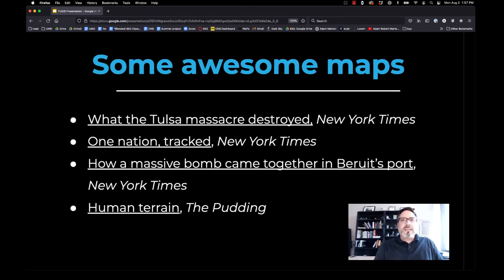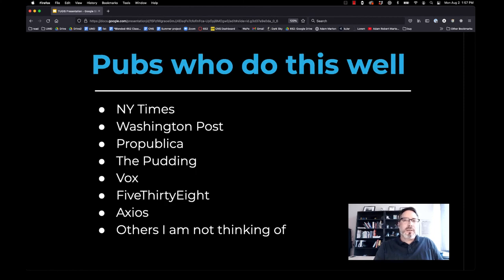So there's lots of awesome maps made by other news organizations that I'm not going to have time to go over today, but here are some publications who do this really well. Certainly the New York Times and the Washington Post, ProPublica, The Pudding, Vox, 538, Axios, and lots of others that